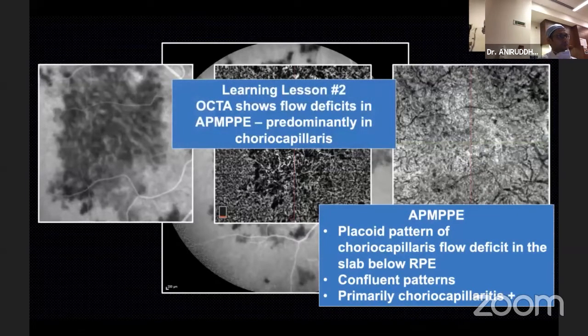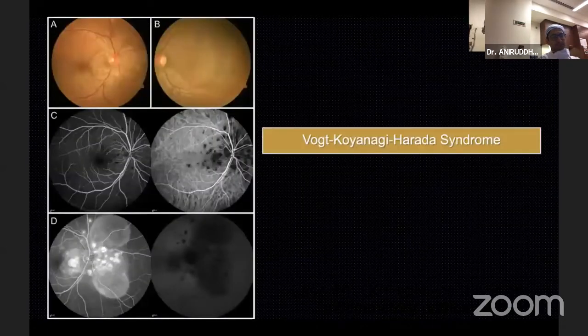This is our learning lesson number 2. VKH is a very commonly encountered disease. And as you can see, this is a classic textbook picture patient where you have choroidal granulomas imaged using ICG imaging, and you have on fluorescein multifocal pockets of